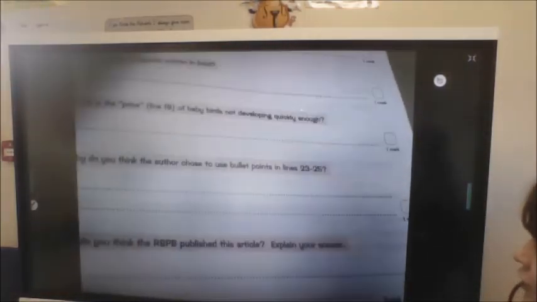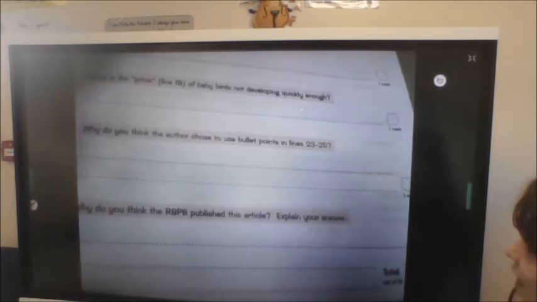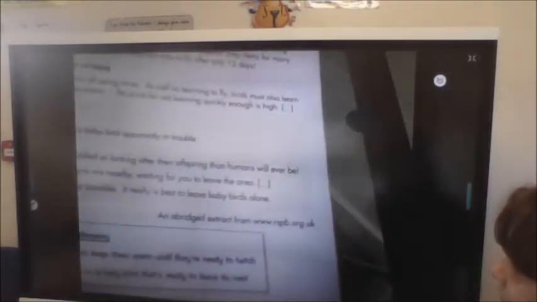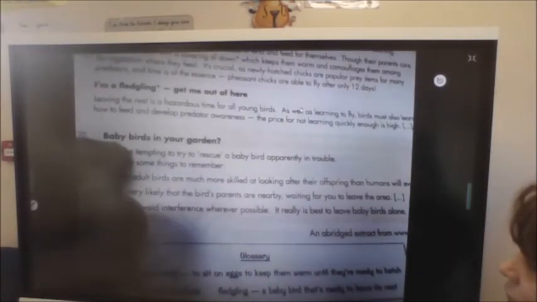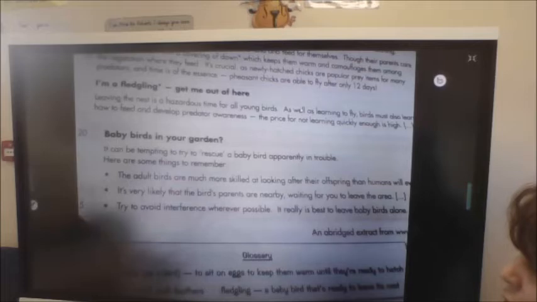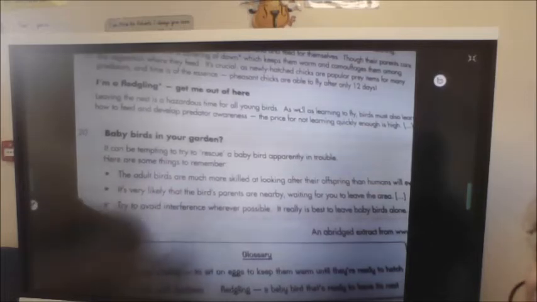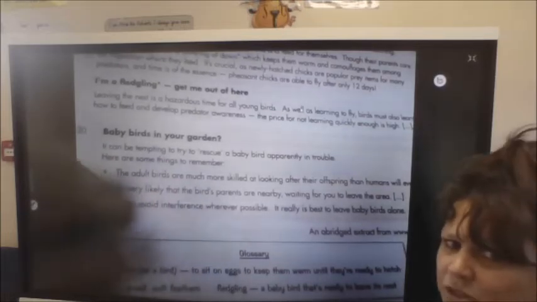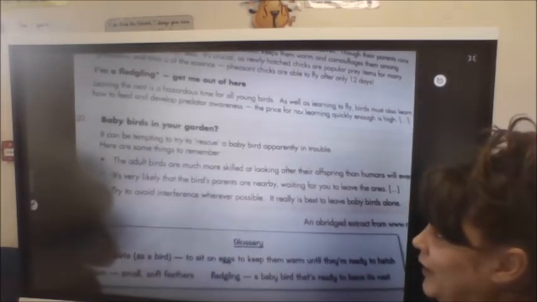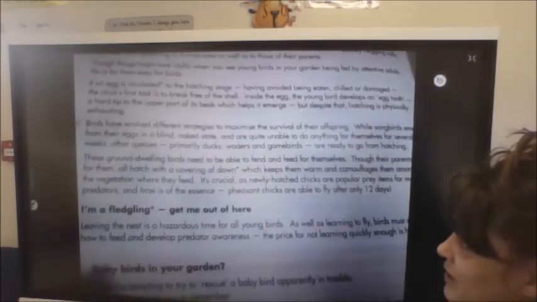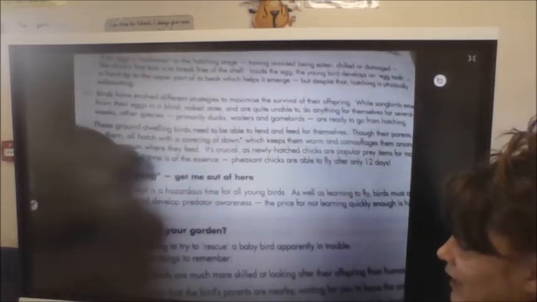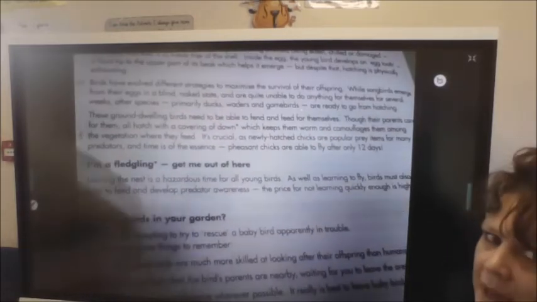And then we've got, why do you think the author chose to use bullet points in lines 23 to 25? So if you have a little look, okay, what's the purpose of those? What does it do to the text? Okay, so think about that. If you look at those and you look at this information, there's a big difference. Why might that be key? Okay. And then finally,